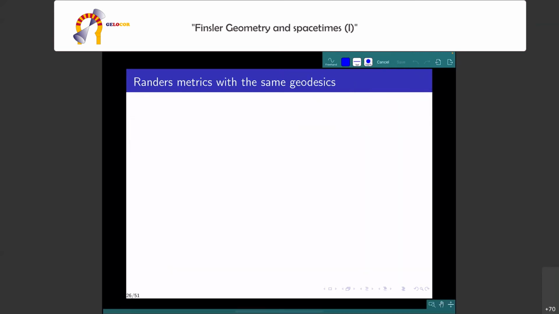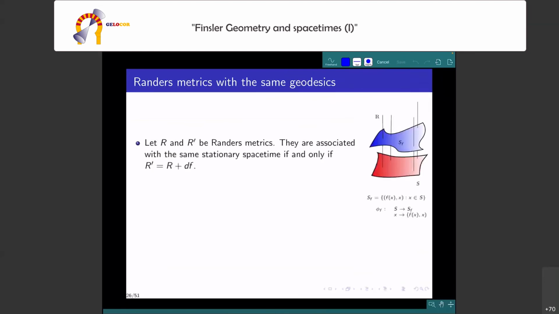Okay, so, well, we can do many things. There are very interesting applications using this relation. Well, the first observation to get these applications